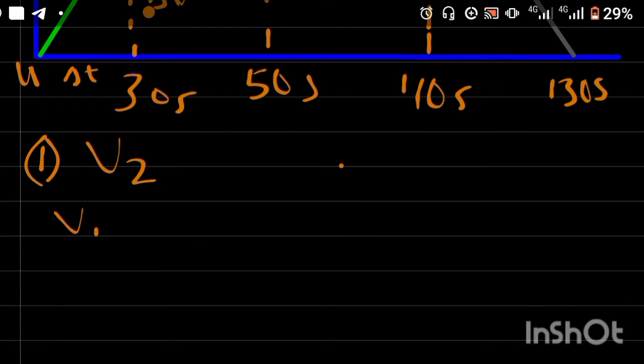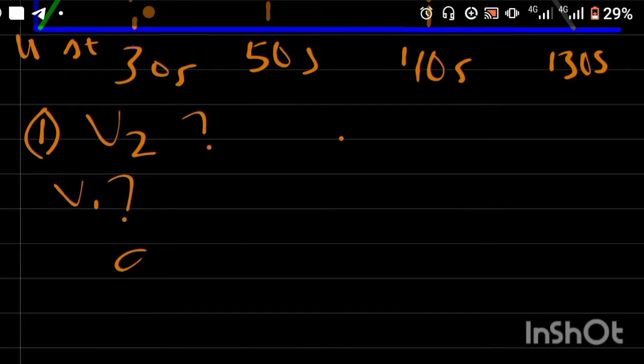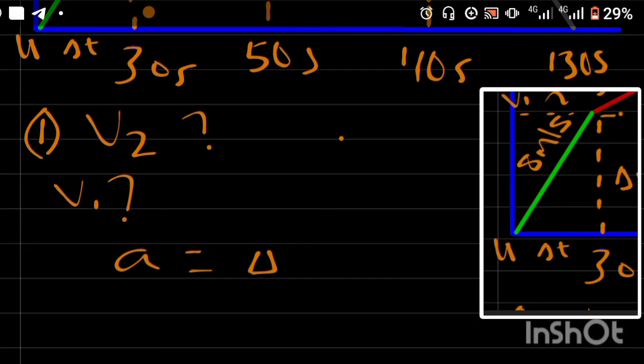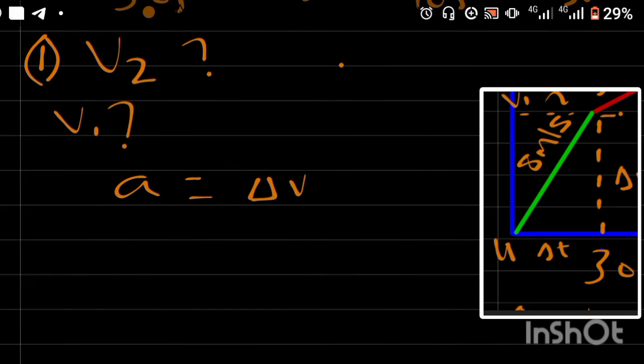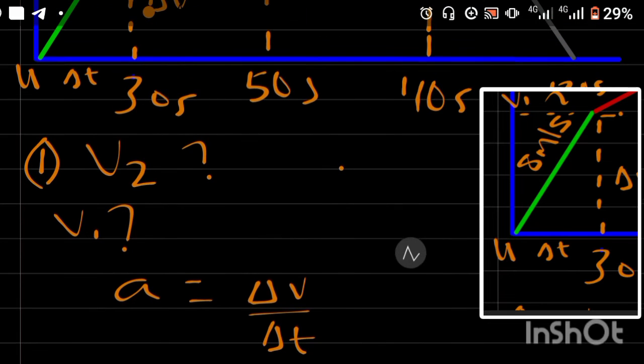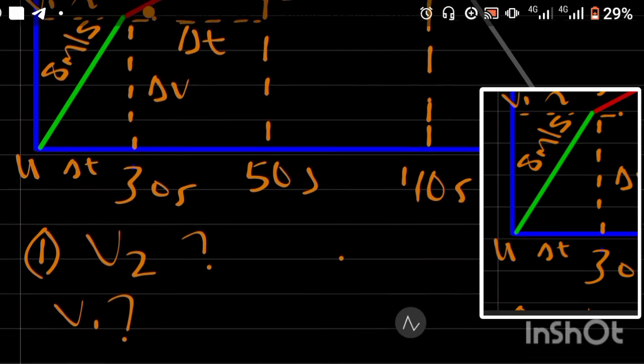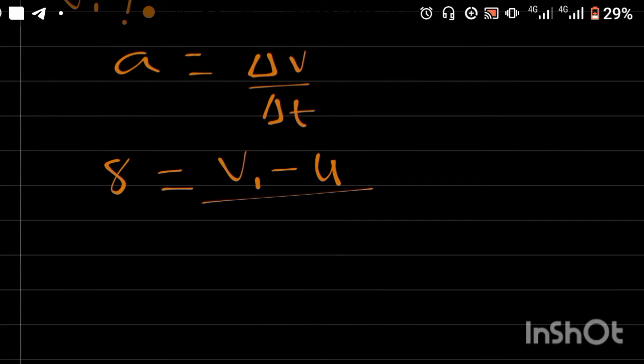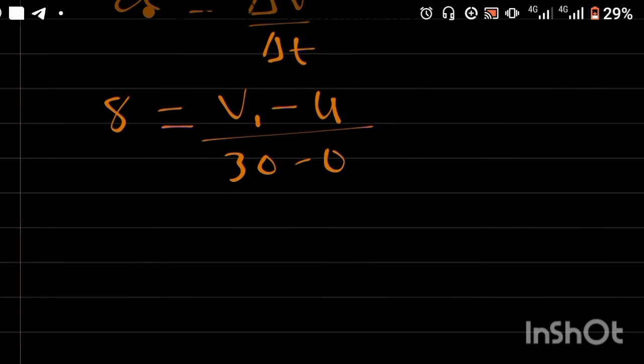So we get V1 first before we get V2. Acceleration is equal to change in V over change in time. For the 8 meter per second square, I have (V1 minus U) all over the time interval, which is 30 minus 0, because the time at the origin is 0. So I have 8 is equal to V1